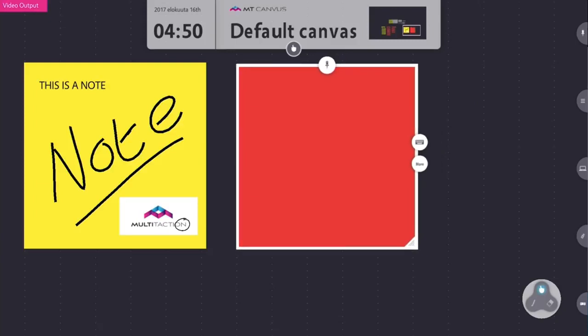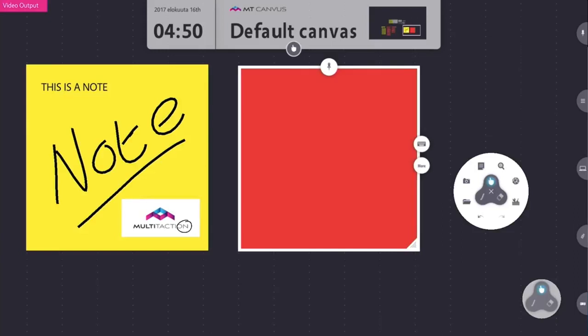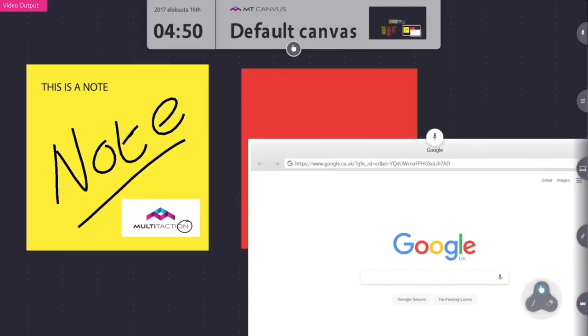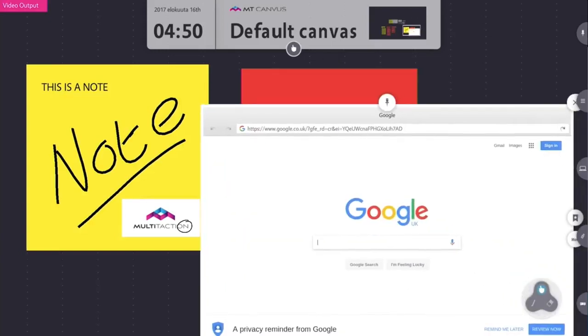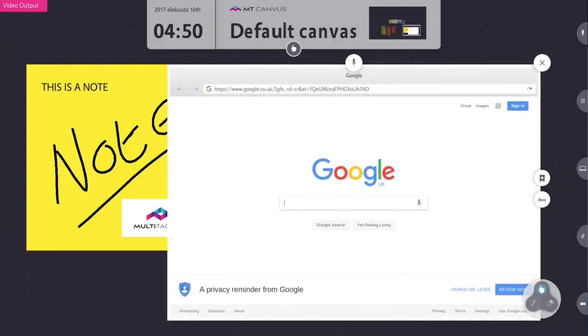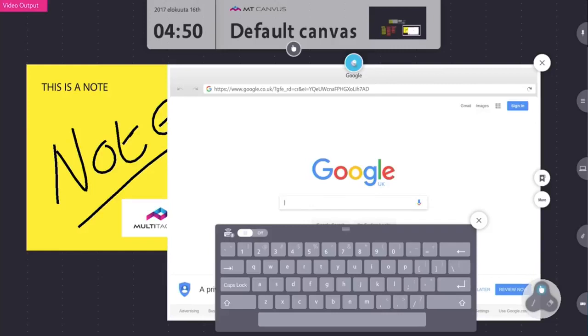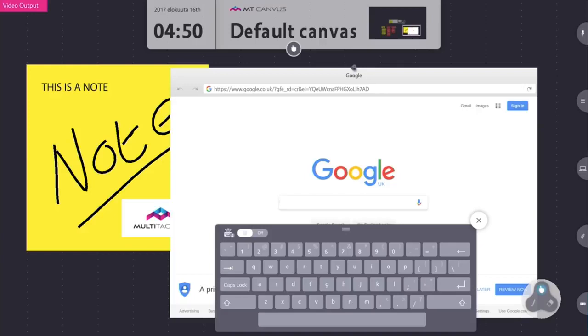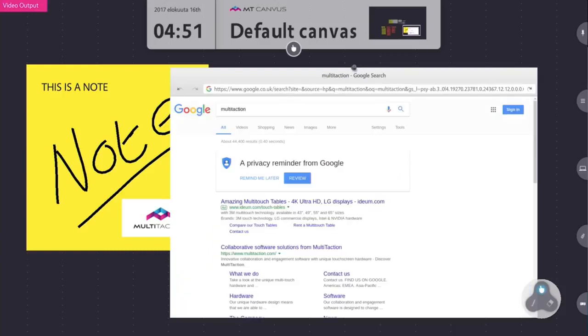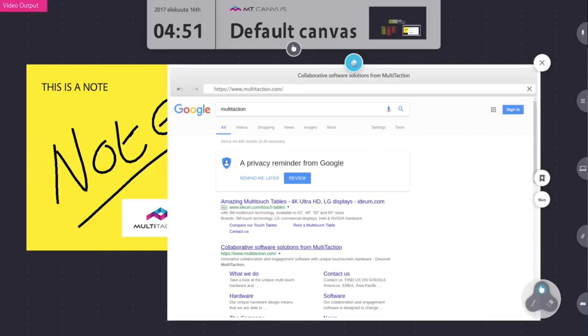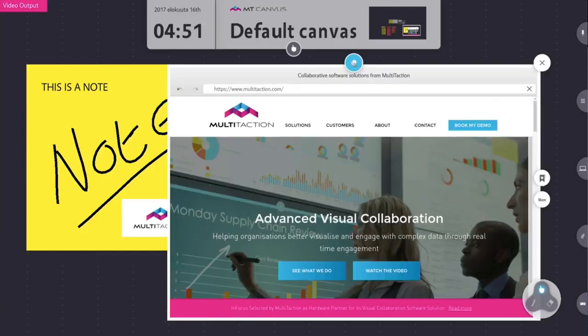You can also add directly a web page. So the next search down on that finger menu takes me out to a Google search. If I pin, and this is important when you use the browser, in order for the browser to actually function, you have to pin it. So you'll notice that I pinned the top of that browser window, and so now if I do a search for multi-taction, it actually takes me out directly to the web search, and because it's pinned, I can access the